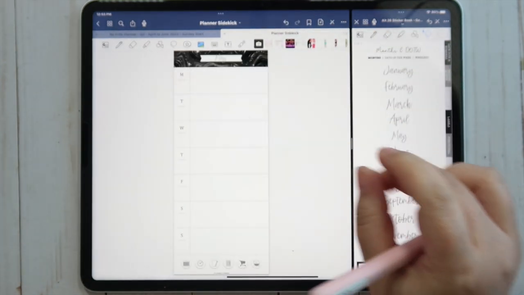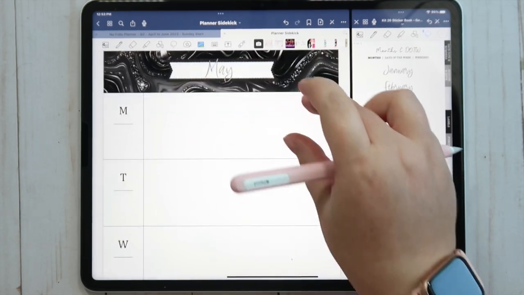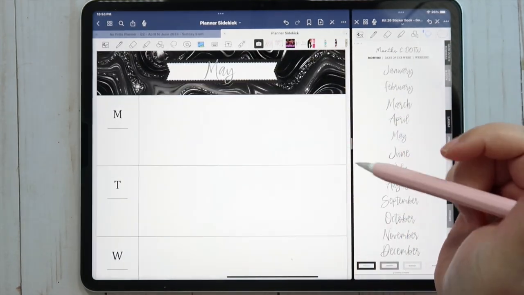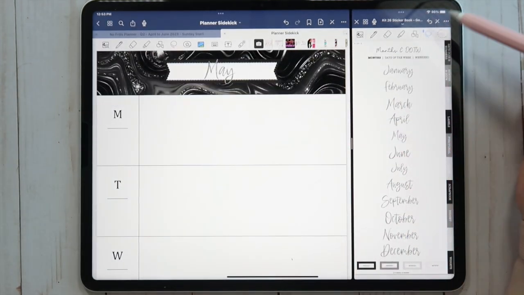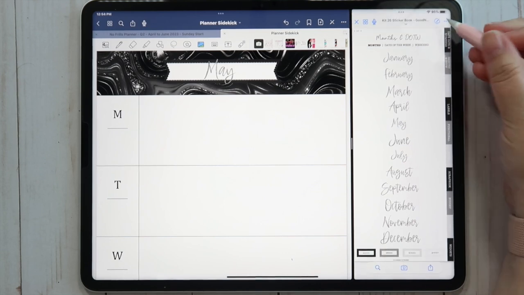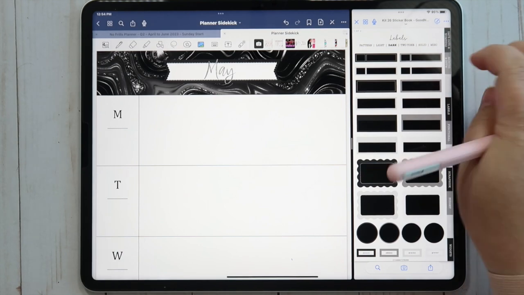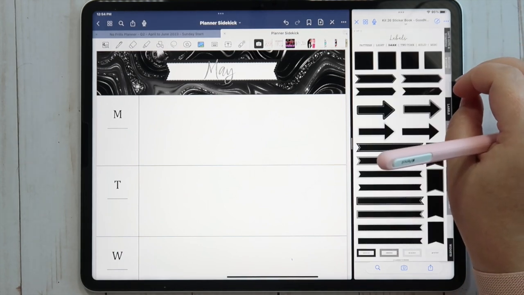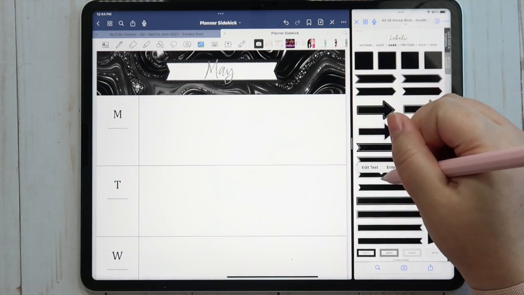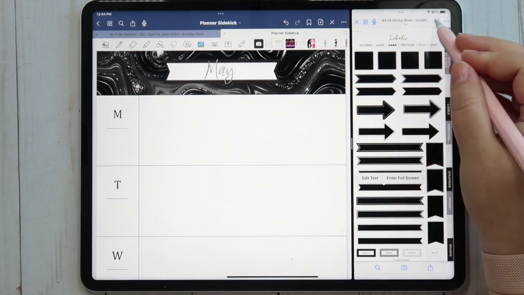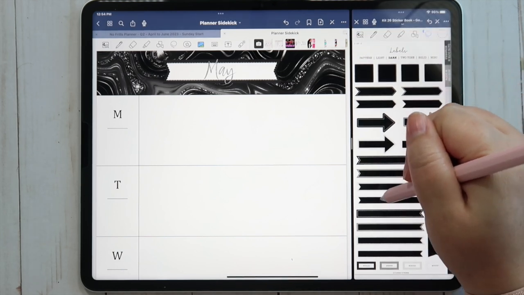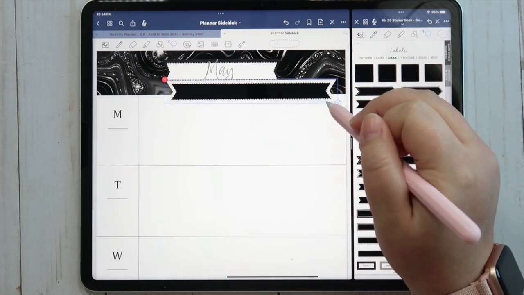Do we like that? Oh man, what do I do, you guys? Oh, what if I even did like a dark mode one? What would that look like if I did something like that on top?